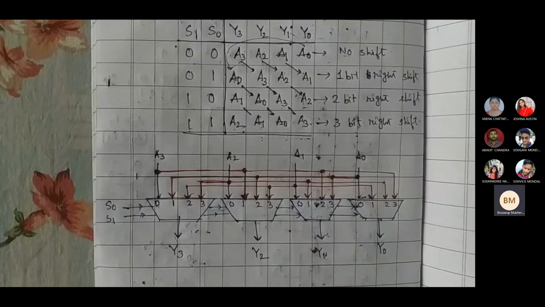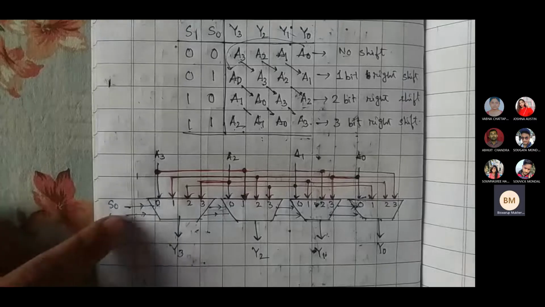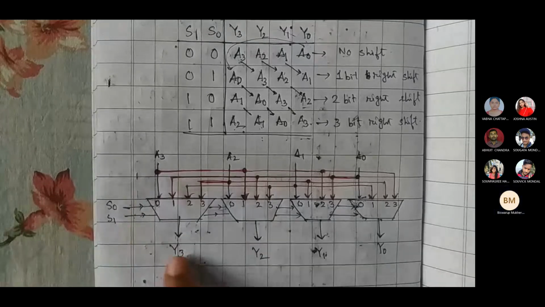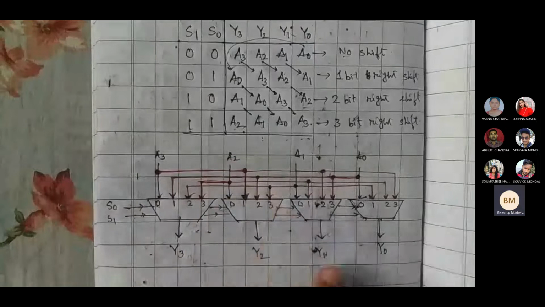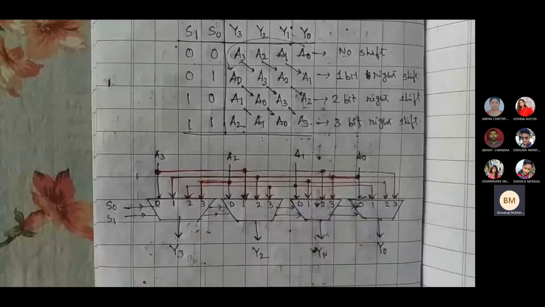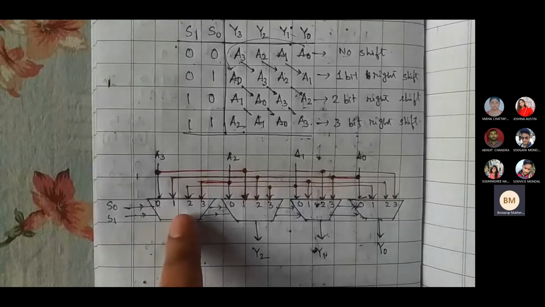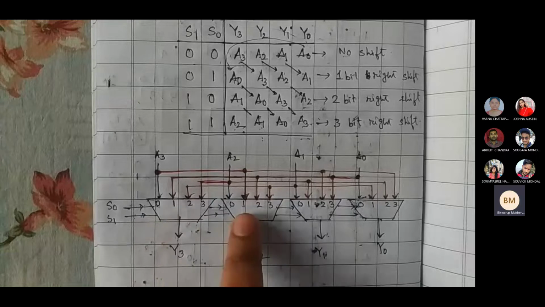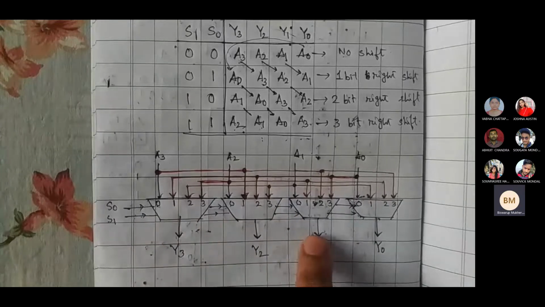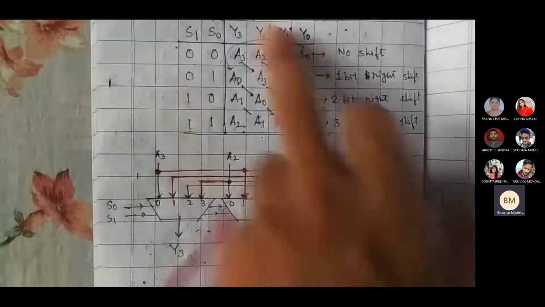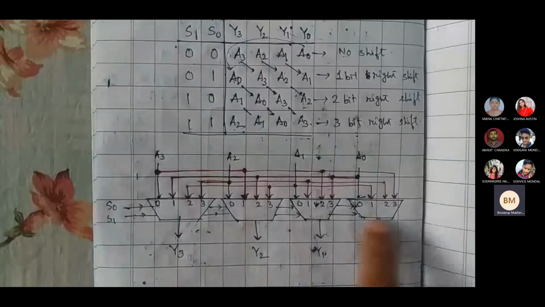Okay, so this is the circuit for a barrel shifter using 4 multiplexer unit, 4টে multiplexer unit দিয়ে একটা আমি barrel shifter করেছি, and you can say S0 S1 when both are 0, মানে 0 0, then y3 will be a3, y2 will be a2, y1 will be a1, and y0 will be a0, right? If it is 0, 1, that means S0 is 1, S1 is 0. Then we are having A0, then followed by A3, followed by A2, followed by A1, and so on. But you have to just put this particular truth table accordingly. You need to just connect.